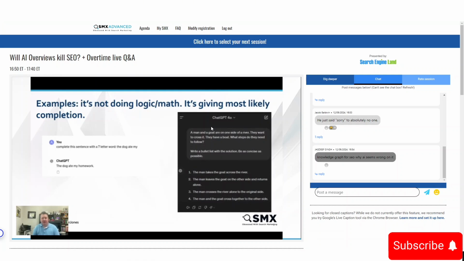On the right, I gave it a question about a man and a goat who need to cross a river with a boat. The simple answer for AI is to just say, get in the boat and cross the river. But it takes us on a weird journey here where you have to go across the river 7 times or whatever, because it's thinking about the old riddle about the man, the goat, and the cabbage. This is what happens when it's actually predicting next best words versus looking up the words in an index or looking up data. And this can cause all kinds of issues, which we're going to see later on.